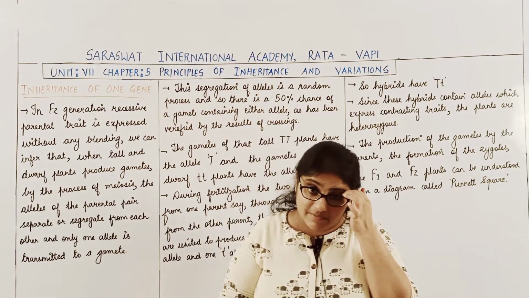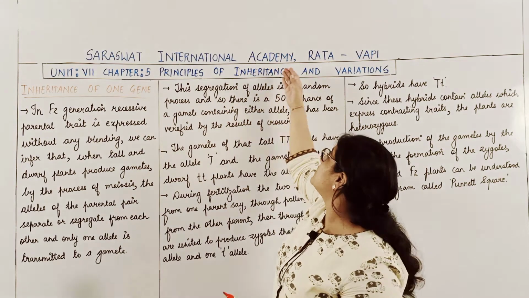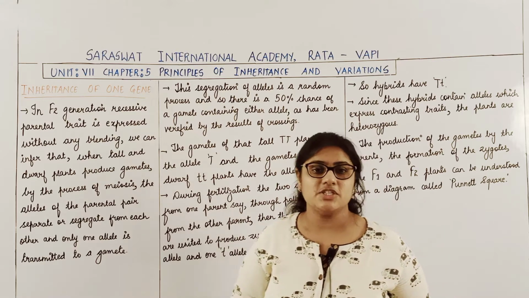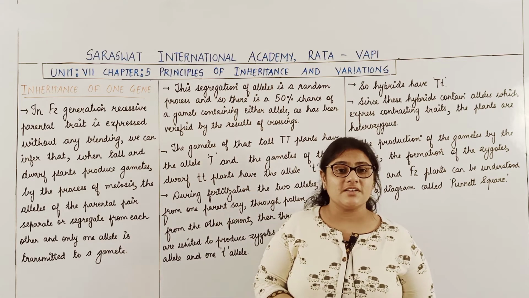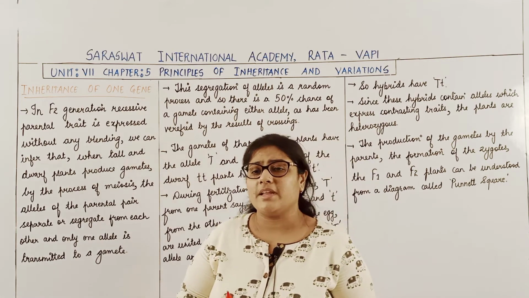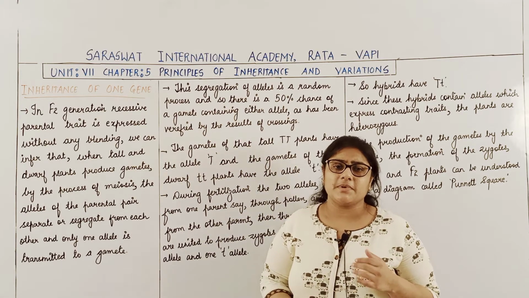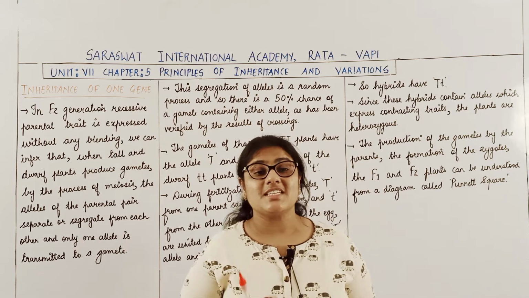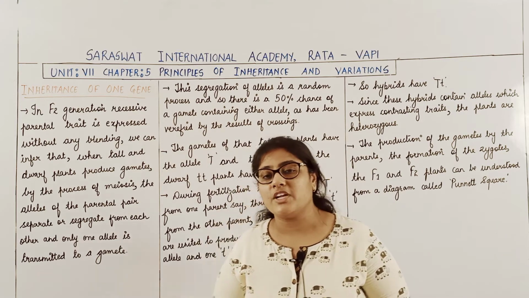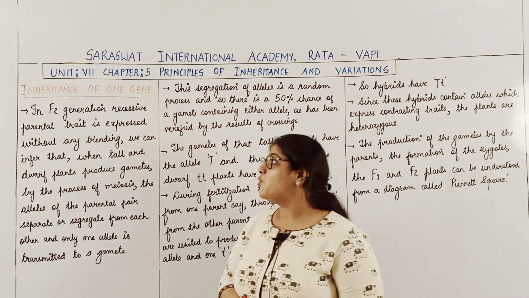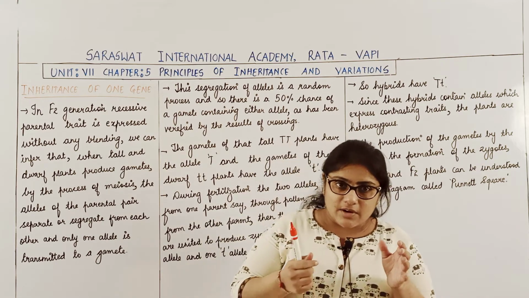Today we will begin with the next part of the chapter Principles of Inheritance and Variation. In the last lecture we studied the monohybrid experiment and monohybrid cross. What do you mean by monohybrid experiments? Those experiments which study the inheritance of one gene are called monohybrid experiments, and the cross is